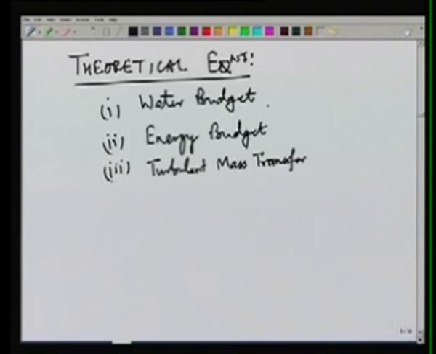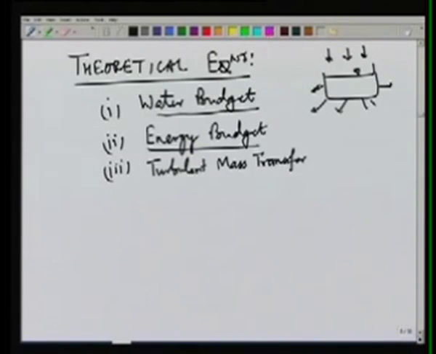In water budget, we look at a water body, find out what is the inflow, find out what is the outflow, except evaporation. So if we obtain everything other than evaporation, then we can obtain by water balance what is the evaporation. So that's the idea behind the water budget equations for estimating the evaporation.